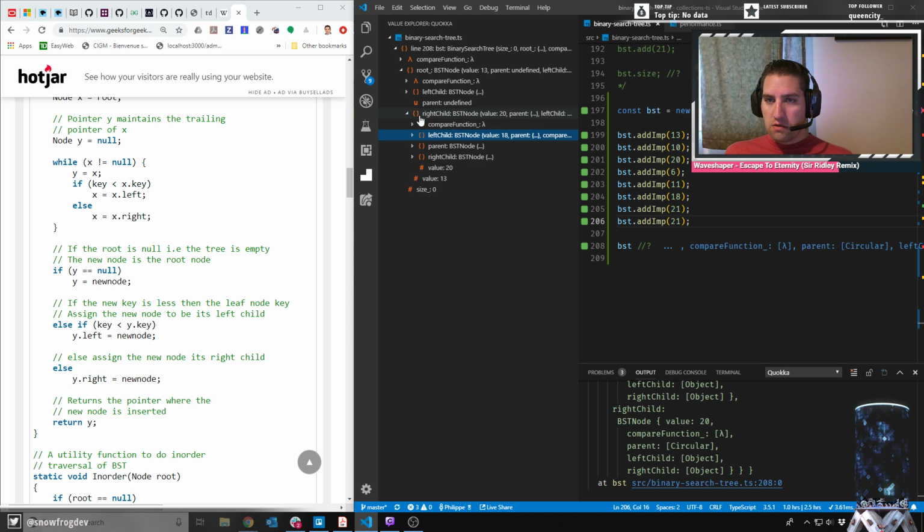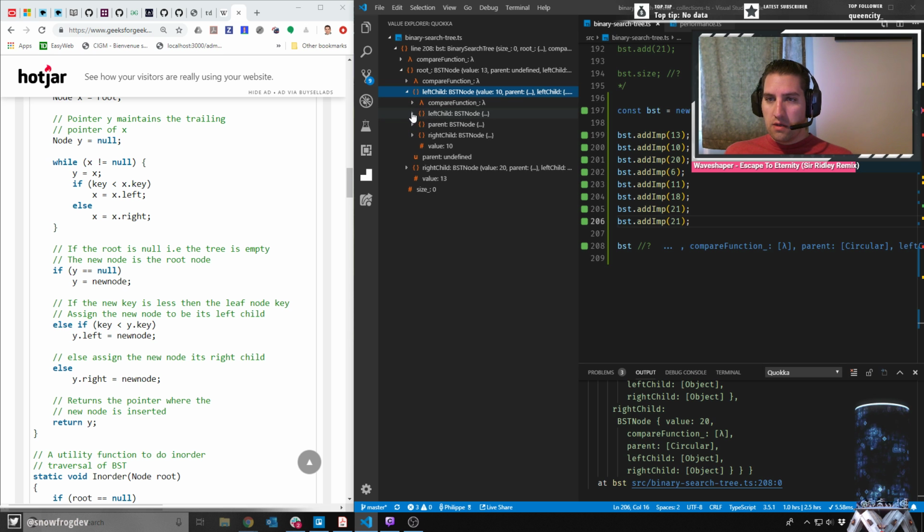And let's just make sure that this is the right parent. Parent to parent is 13. Good. The right one should be 21. Cool. Parent should be 20. Yep. And it doesn't have any children. No duplicates. Yay! Let's just take a look at the left side too, just make sure we didn't screw up